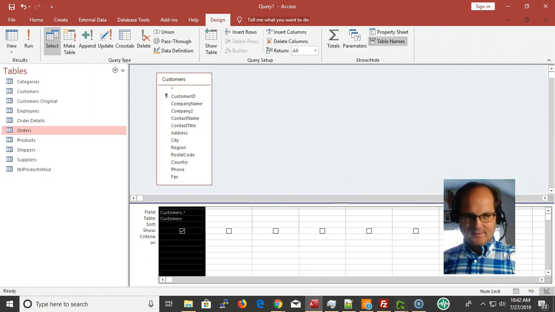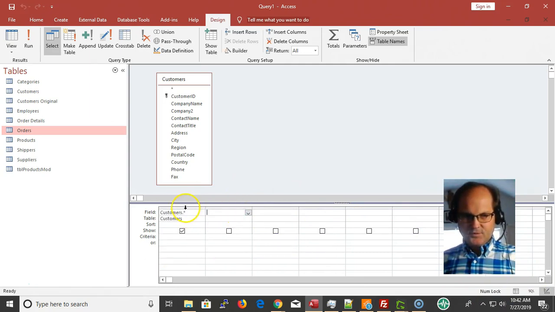You see this down arrow? Highlight it, and then press delete on your keyboard. This asterisk allows you to select all the fields in your